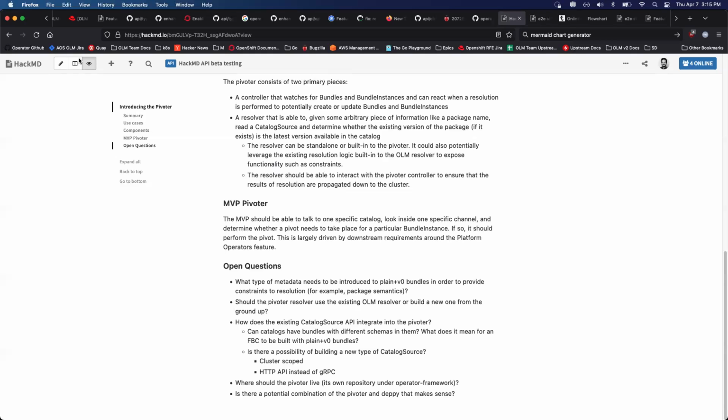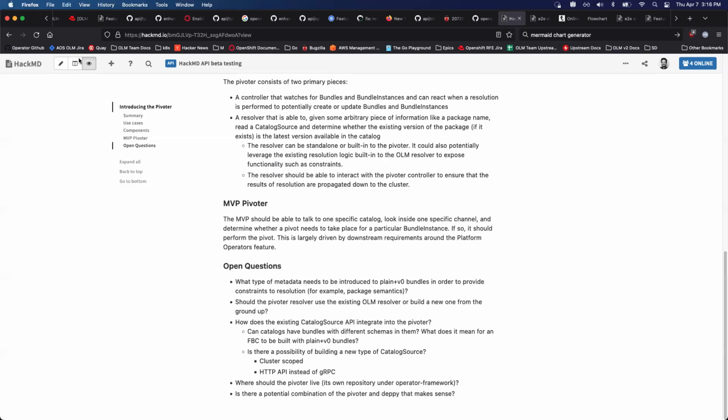Right. Yeah, so it totally makes sense. So this resolve set bundle, essentially that API would also be something that's part of RukPak. Is that fair to say? Like RukPack would be able to disassemble the resolve set bundle into a series of bundles and bundle instances? Yeah, I think it would be very similar to the plain bundle, except we might need a different